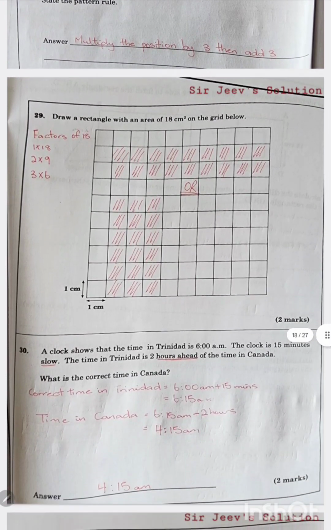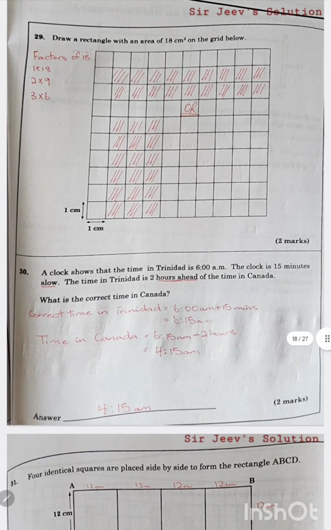Alright. Number 29 says draw a rectangle with an area of 18 centimeters squared on the grid below. A rectangle has 2 long sides and 2 short sides. So we first need to find the factors of 18. What multiplied by what will give us 18? We have 1 multiplied by 18, 2 multiplied by 9, and 3 multiplied by 6. So the options we could use to get an area of 18 centimeters squared are 2 by 9, a width of 2 and a length of 9, or a width of 3 and a length